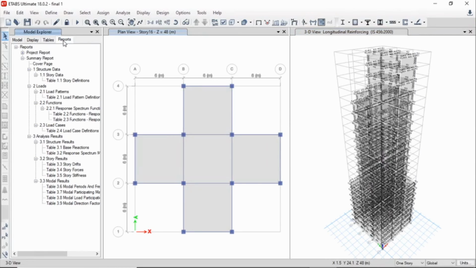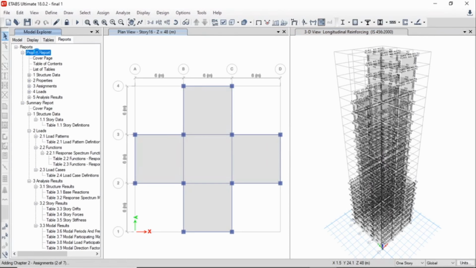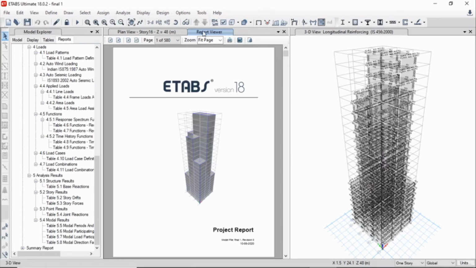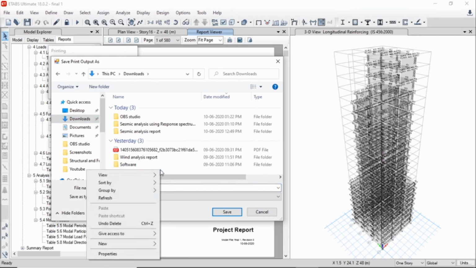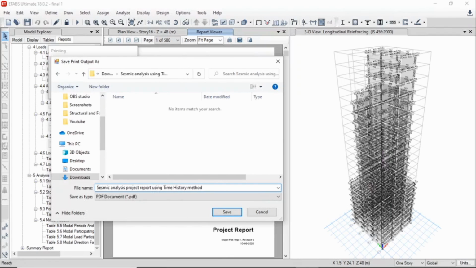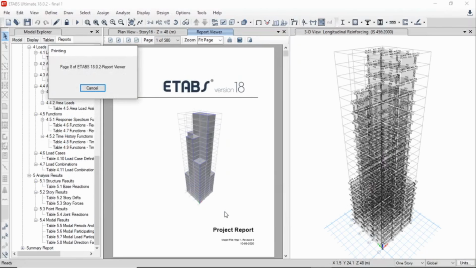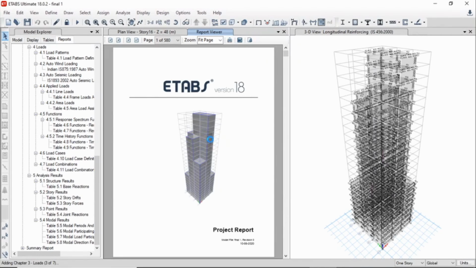We'll click on OK. Now similarly to view the report, we'll double click on the project report. You can see adjacent to the plan view, we got a report viewer in which we have a 508 page project report. We'll download it. Click on print report. OK. You save it in your desired place. You can see our project report has been saved at our desired location. So similarly for summary report, you will repeat the same process as I have shown earlier.